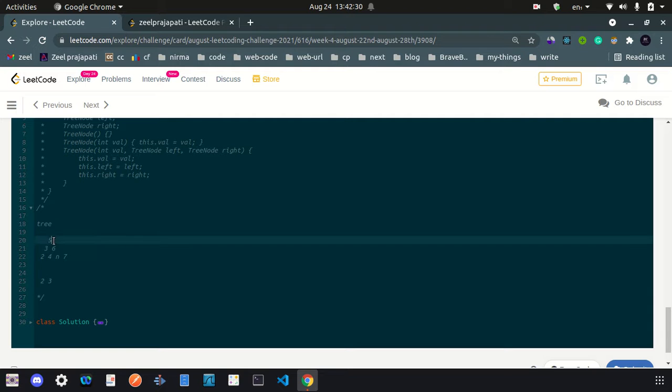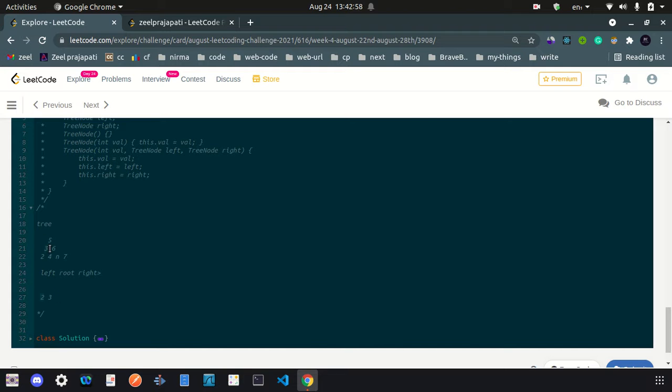So first of all we start from the root. First we have to go left, then root, and then right. This is the in order traversal sequence. So first of all we go left, then for this node we also go left, then here we do not have any child, this is a leaf node, so we add it into the answer.